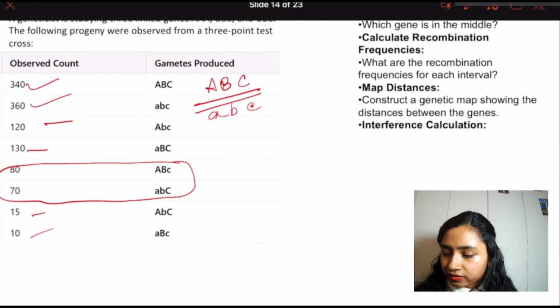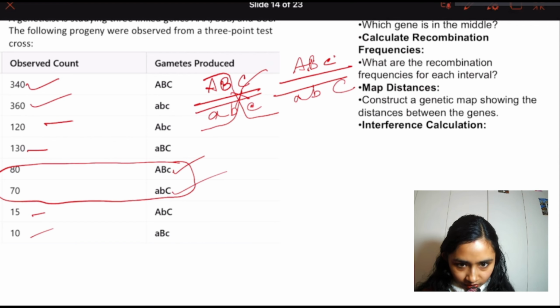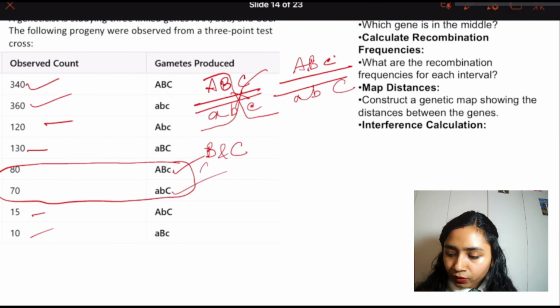So now this will be the crossover between B and C. So the gametes will be capital A, capital B, small c, and small a, small b, capital C. So here you can see capital A, capital B, small c, small a, small b, capital C. So it also matches. So here the recombination frequency between B and C, also known as the map distance